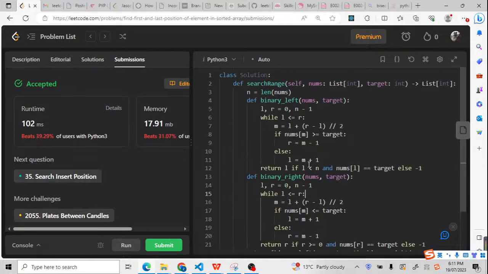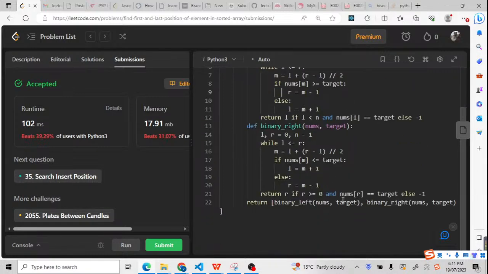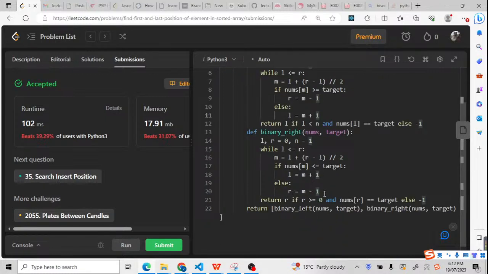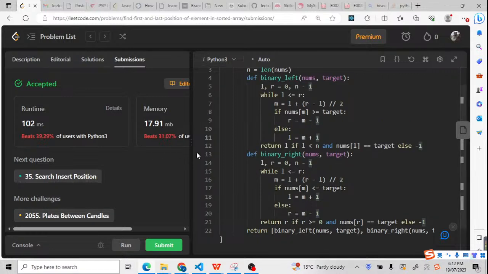But what we must do is keep a simple template. So the template for me is L less than or equal to R, and this M is also the same, fixed. But here I just need to check the conditions for different binary search problems. Everything should be the same as the template. Here I write two functions because I want to just make it similar to chains. I just copy this one and this one here, just to change a little bit of values. Yeah, and then I put it inside. So this is basically the